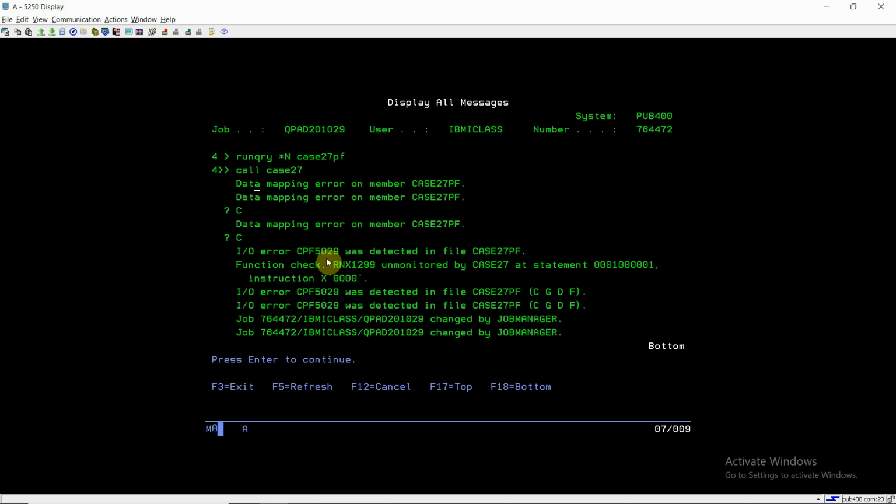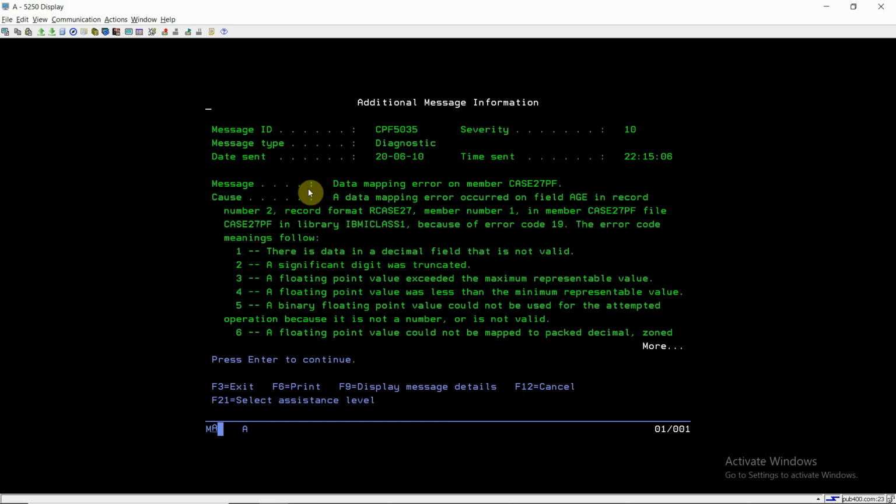This was the input/output error, which was not exactly the cause; the main error is here: data mapping error on member case27pf. If I press F1 on that, I can see the message ID CPF5035, which is for the data mapping error. So I'm getting the data mapping error on member case27pf of file case27pf, right?